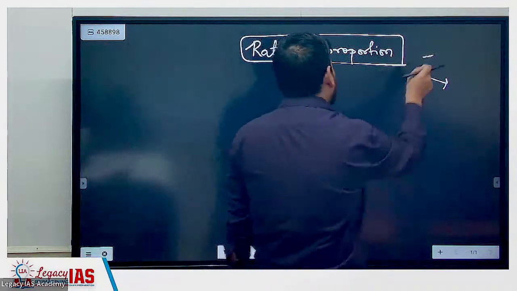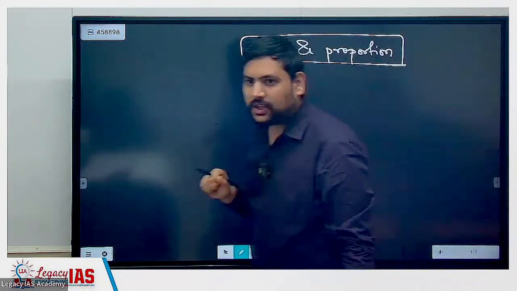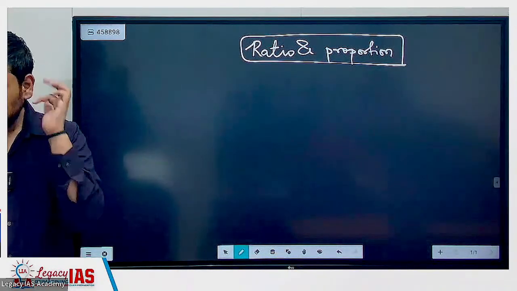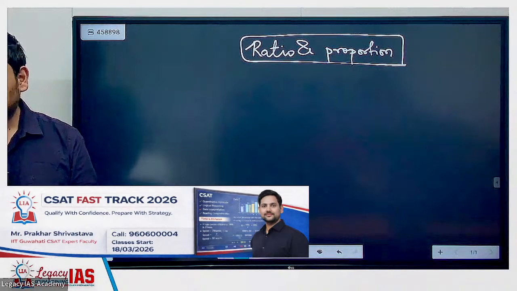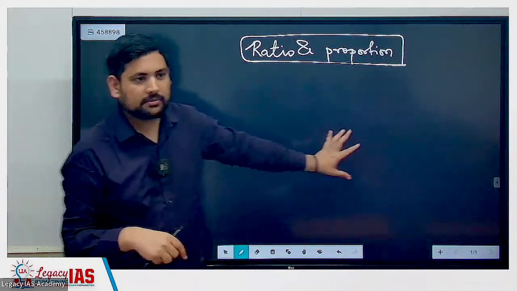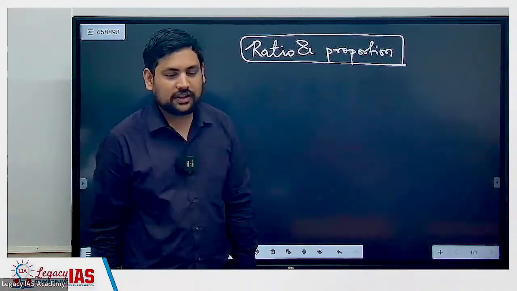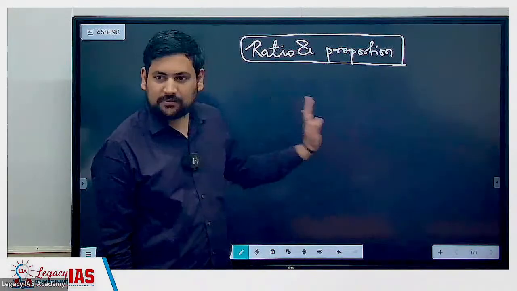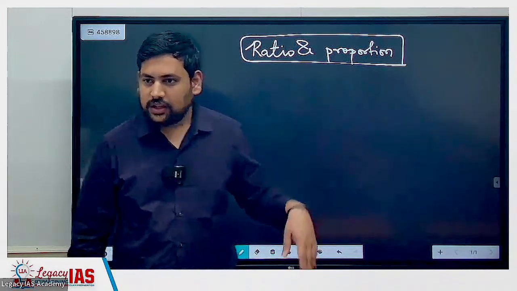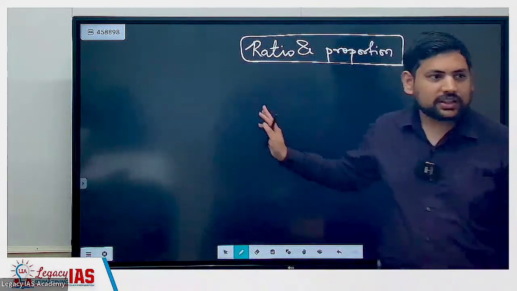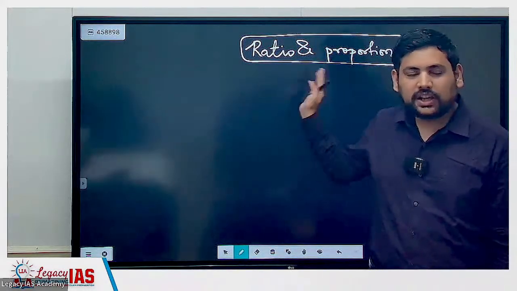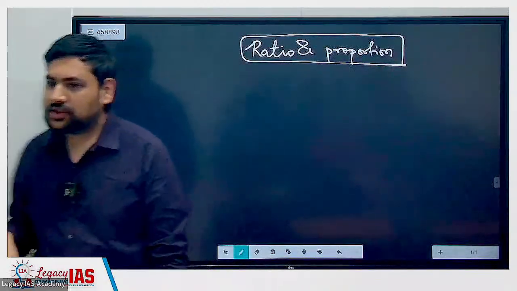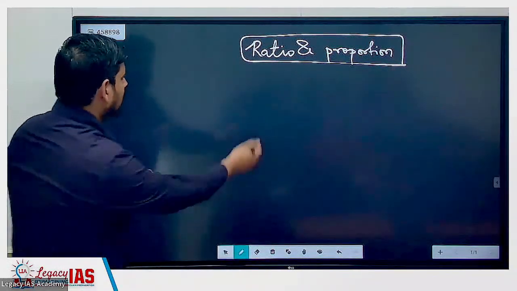Yeah. So ratio and proportion. What do you understand by these two terms? Ratio and proportion. What is the difference? Which is comparison? Okay, so ratio is about comparison of two or more quantities, and proportion is equality of ratios. So basically, the ratio is